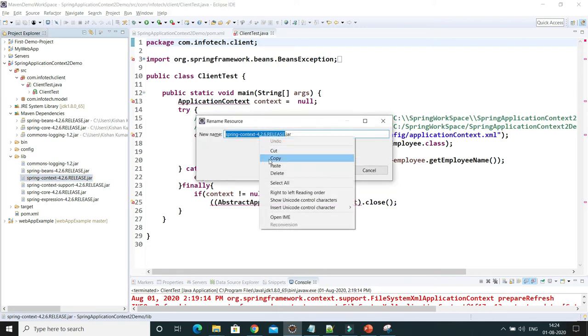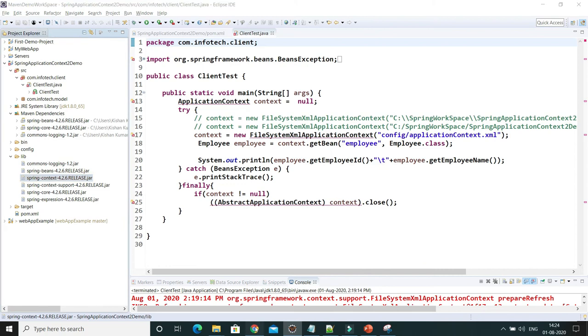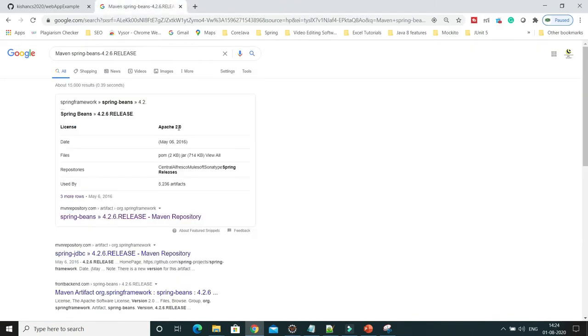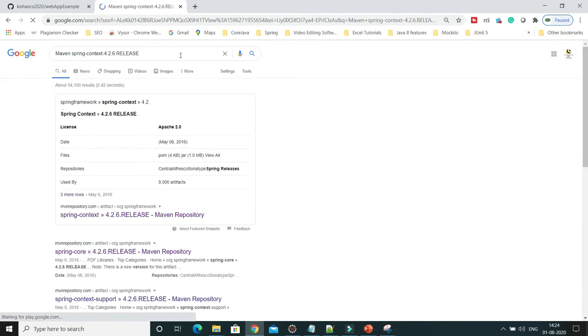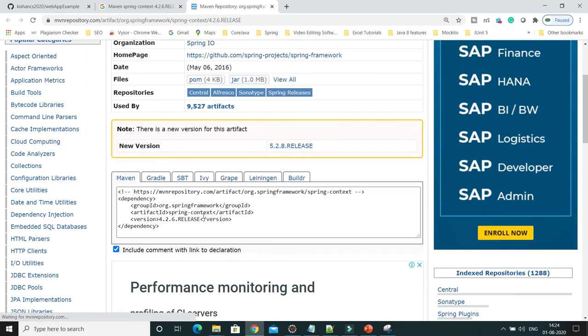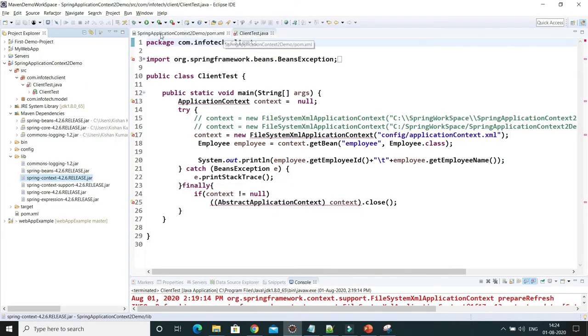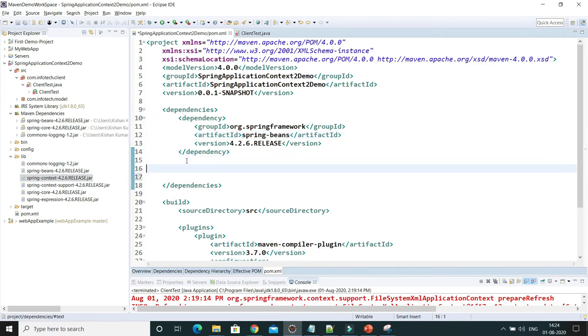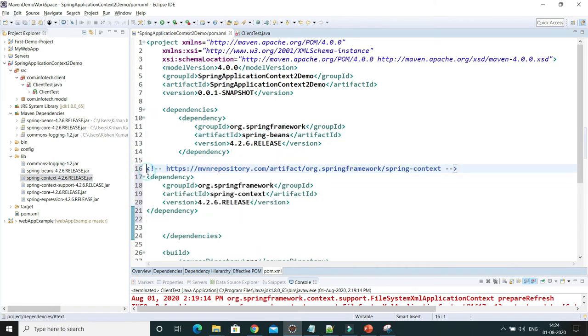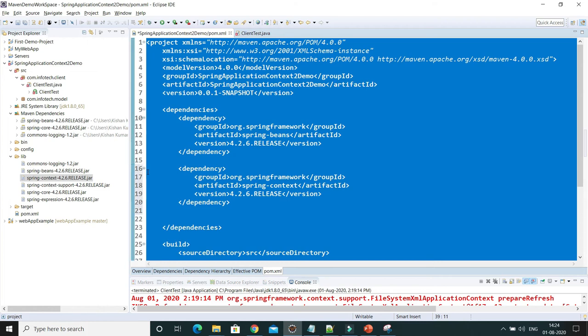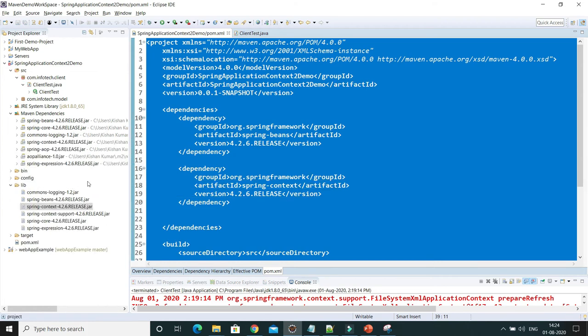Just copy this jar name and go to Google, where we had started searching. Just replace Maven with this jar name, click, and copy this dependency as well, paste it in your pom.xml, format it, and keep saving with Ctrl+S, so that now you can see all the jars have been fetched.